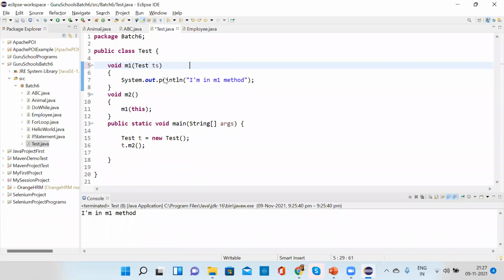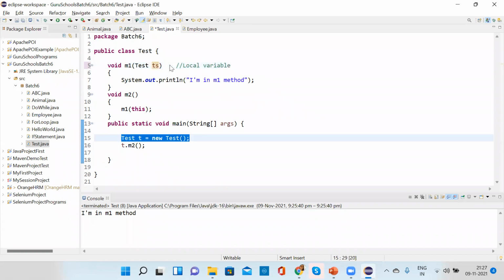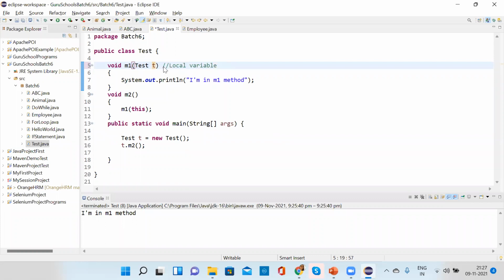That's what I'm saying. TS is a variable of class test type. We did not declare it anywhere, right? No, I have declared it here inside. This is a local variable, and it's a type of this class type. It's a variable. I'm not saying that this is an object. Object is different. It's just that I have used the same name, T. But if I select this T, it is not showing me here. That means it's different.